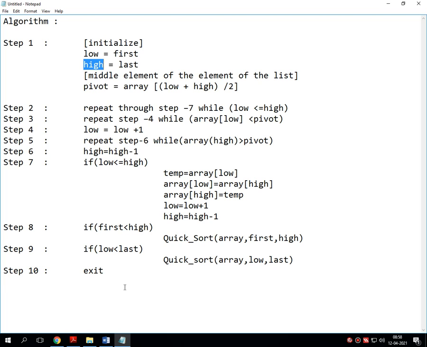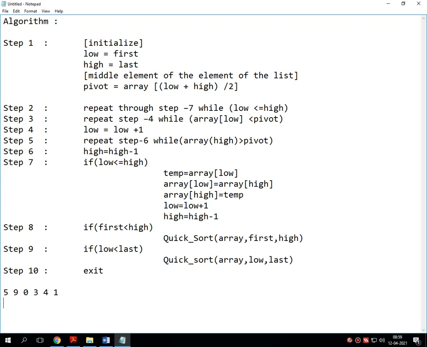Say for example, suppose I have entered the numbers like this: 5 9 0 3 4 1. In this list, the highest value is 9 and the lowest value is 0. So low will be 0 and high will be 9. It considers the lowest and highest as the first element and the last element.